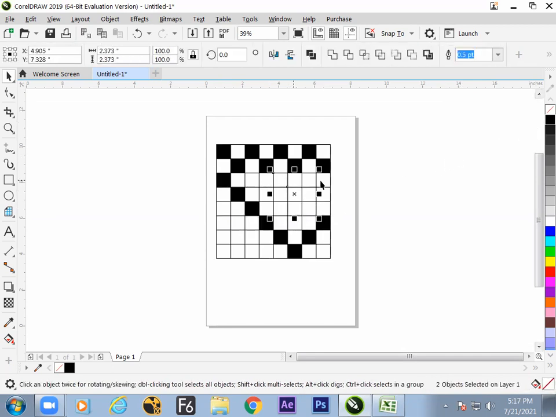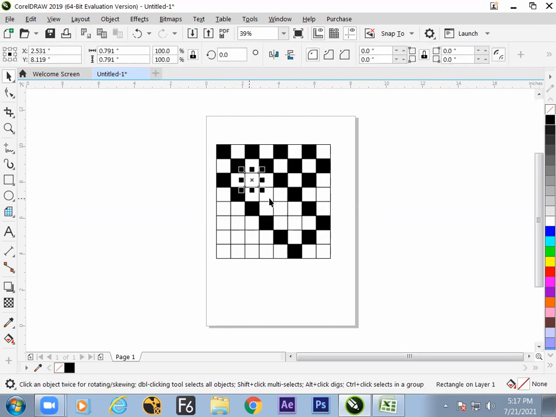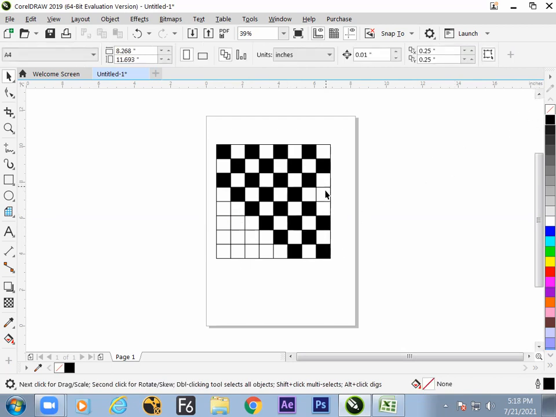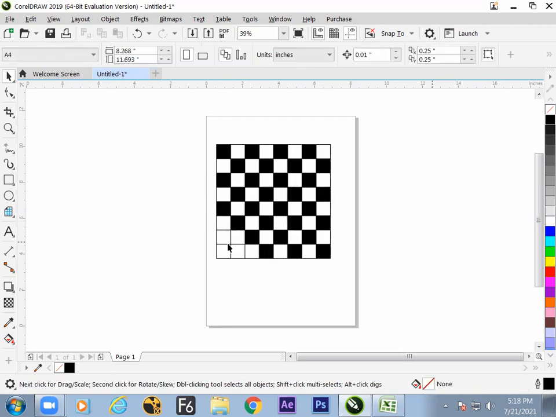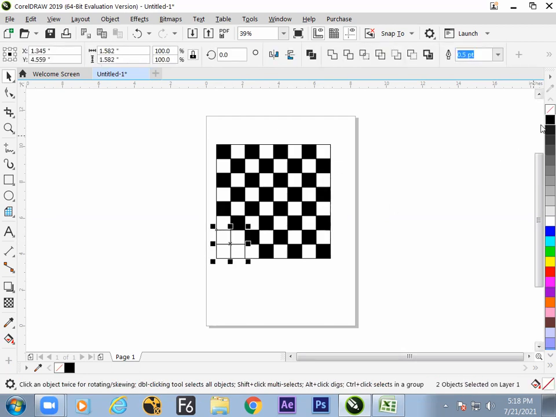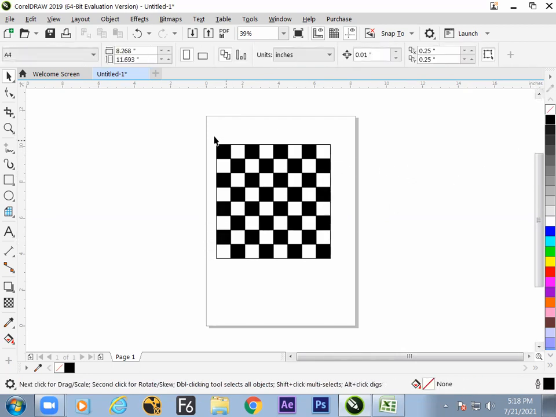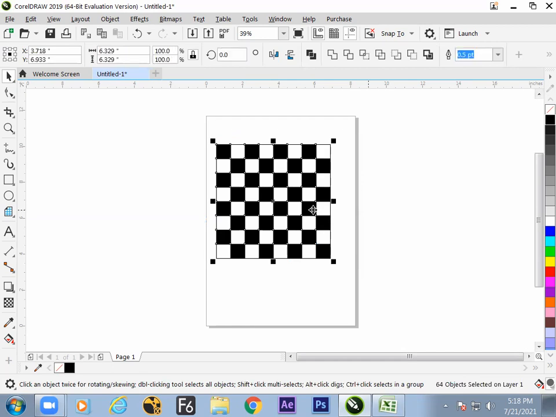Just fill the blacks. So the 8 by 8 grid is okay.